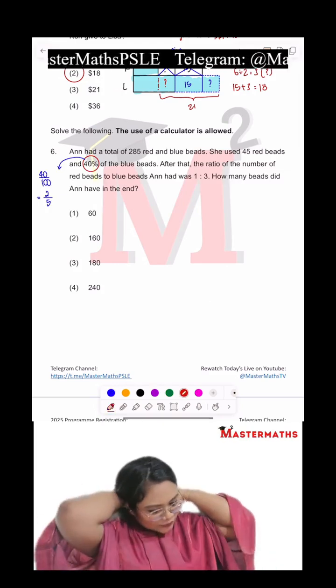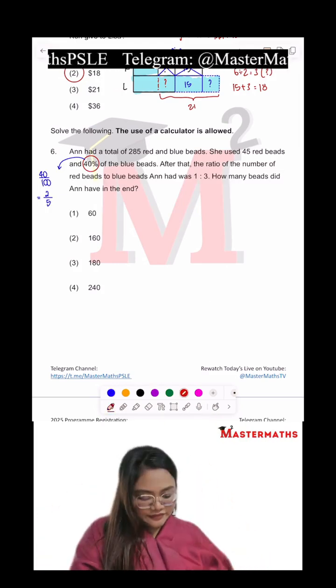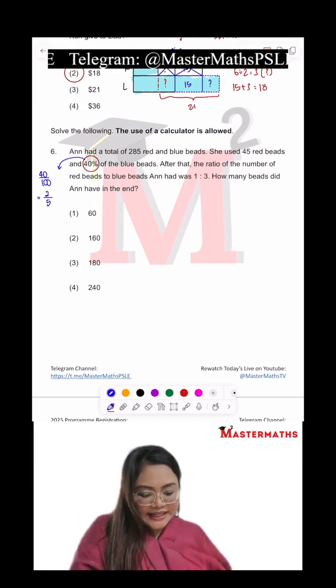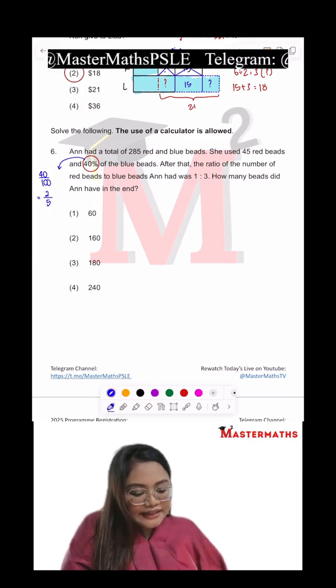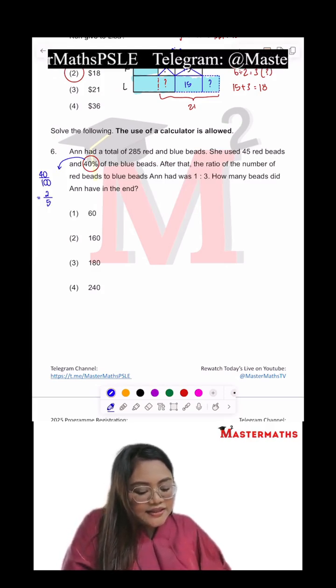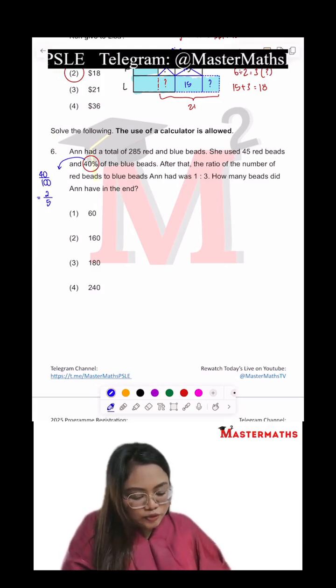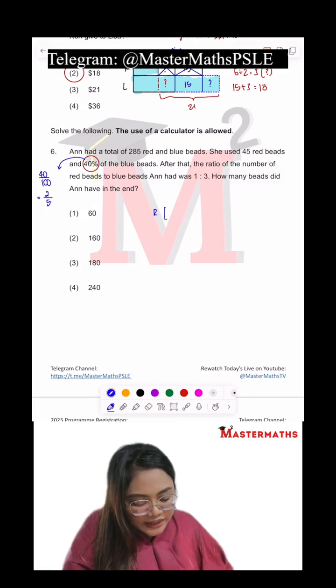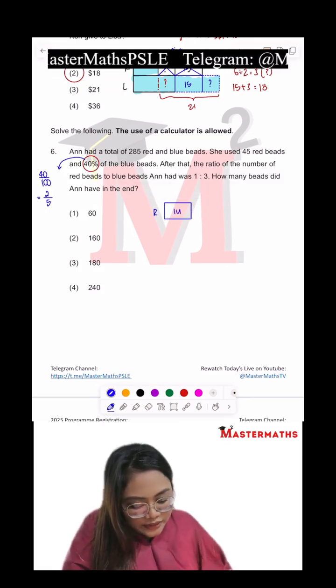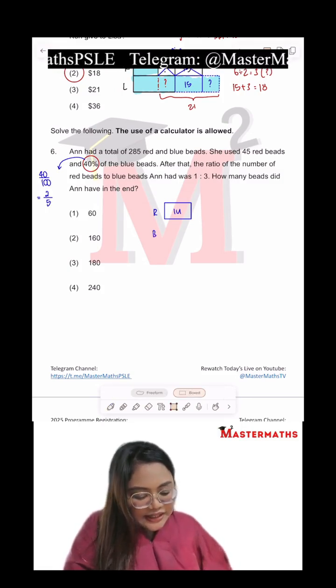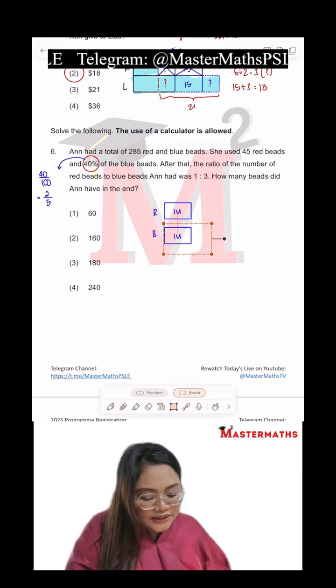Okay, so 2 out of 5. Then after that, we have the fact that at the end, the red to blue left is 1:3. So I'm going to draw for you red 1 unit, and then blue would be 3 units. Okay, this one I copy paste a bit faster. So 1,